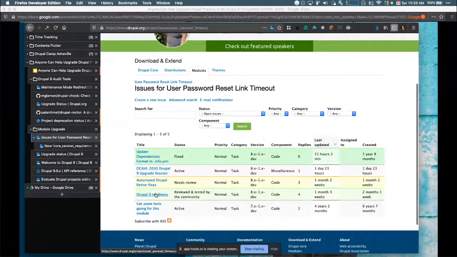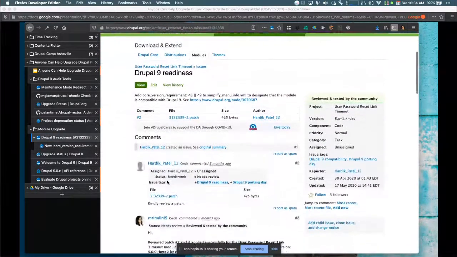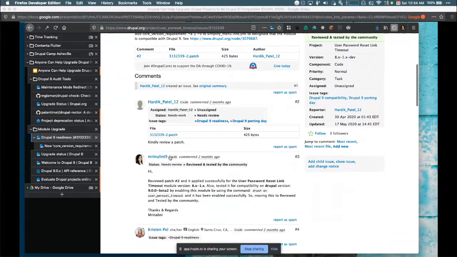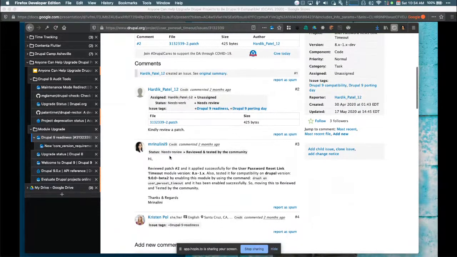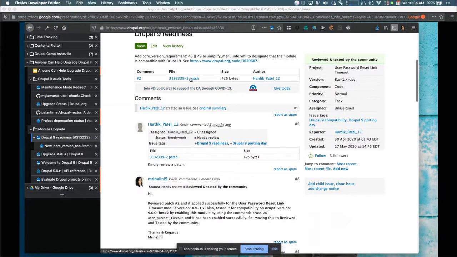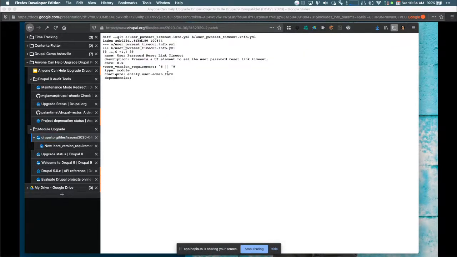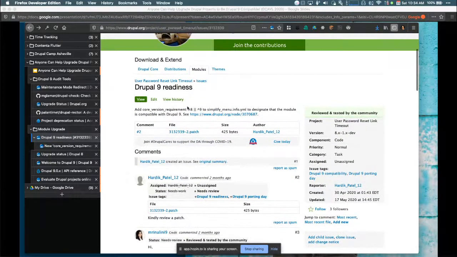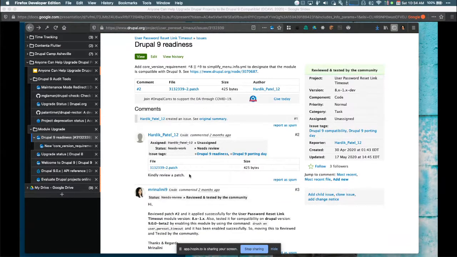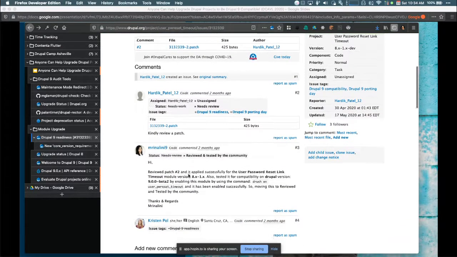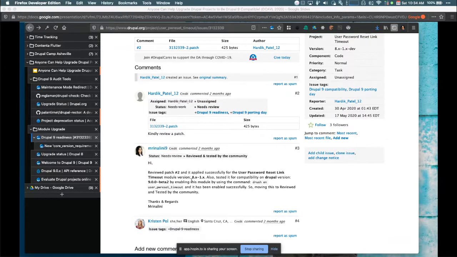That's awesome. But I also noticed that there's a Drupal 9 readiness issue that non-bot, real people actually contributed to. So as a maintainer, I prefer to work in this one, and we'll review this patch together. There was a patch submitted for this. Looks very similar. Drupal 8 and 9 core version requirement. So let's work in this issue. That way we can give credit to actual humans. We're happy the bot's there to help us also, but I can close that out and reference back to this later. So it's great to see some familiar faces on this issue also. It's fantastic.